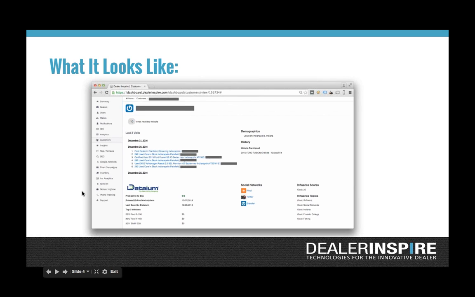We're talking through it and around it, but this is actually what a customer profile looks like when you're inside the Dealer Inspire dashboard. So we have this customers tab right over here. So you've got all the other tabs available to you, and what we're focused on today is customers. So this looks a little redacted, maybe like a CIA report if you watch State of Affairs or any shows like that. This looks a little intense for the privacy of everyone involved. But when you look at it as a whole, it's a really powerful thing. So this is what you would see if you dove into a customer profile.